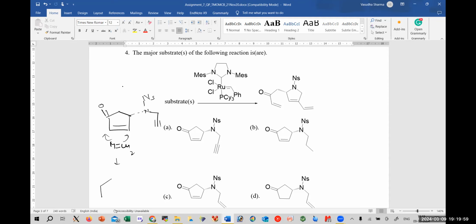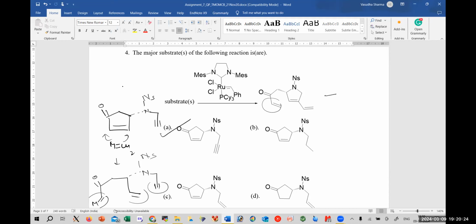It would ultimately give you a product like M, and now this alkene and this alkyne can undergo reaction to make a five-membered ring, which we can see here. This would ultimately react with the CH2 to form the CH2,